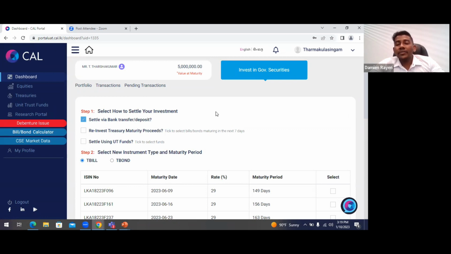But the whole point of introducing the CAL portal is that you have flexibility between different parts of the business of Capital Land. So if you're already an existing unit trust client and you invest in unit trusts, that is mutual funds, this portal gives you the flexibility to directly transfer your money from one investment to another. But to keep it simple, if you're directly settling through a bank transfer or a bank deposit, you click on this option,